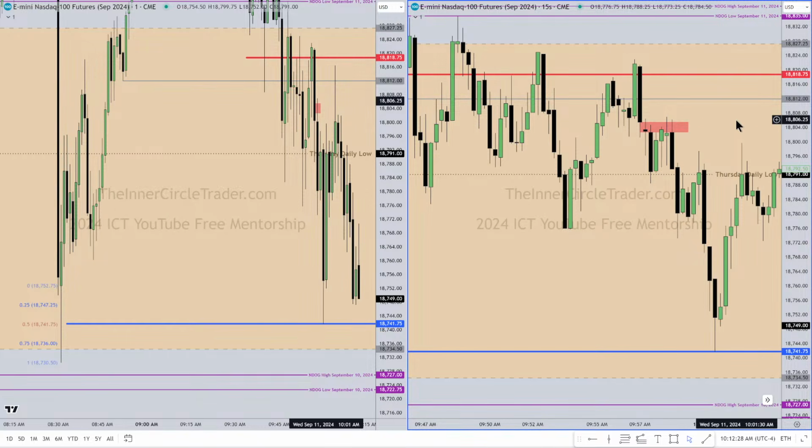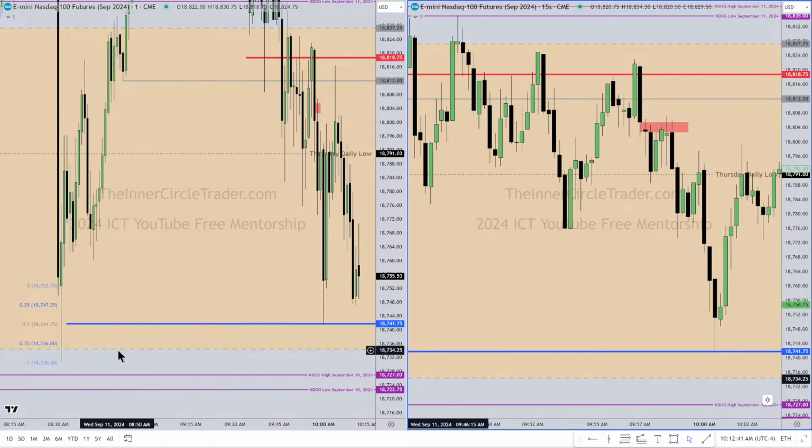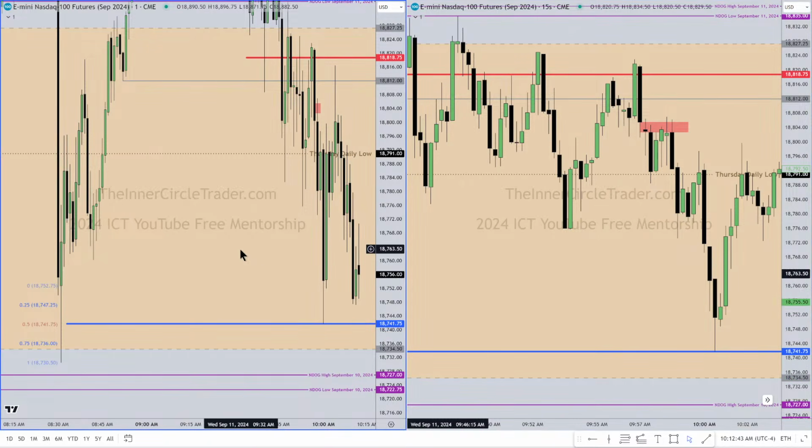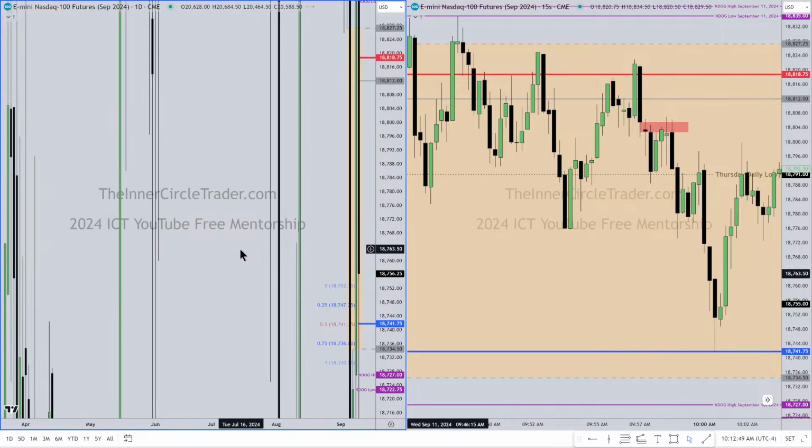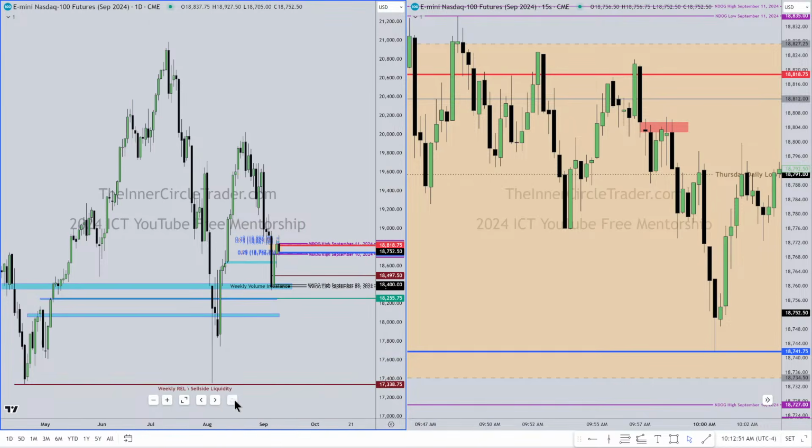So we want to see if we can wipe out that low here, because right now it's hanging around the consequent encroachment of this wick, and it's spending too much time there. So let's see if it wants to explore an outside run of that inefficiency. While we're looking at it, I'm going to show you what I'm referring to again, for the folks that are not really getting what I'm talking about. If you look at your daily chart on the NASDAQ,